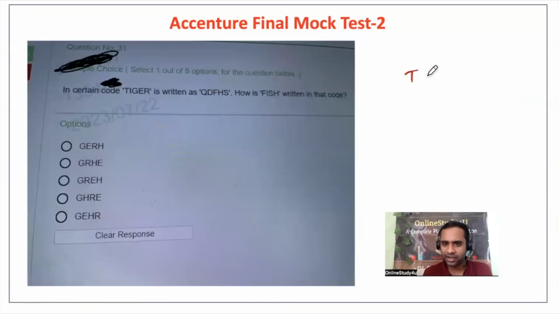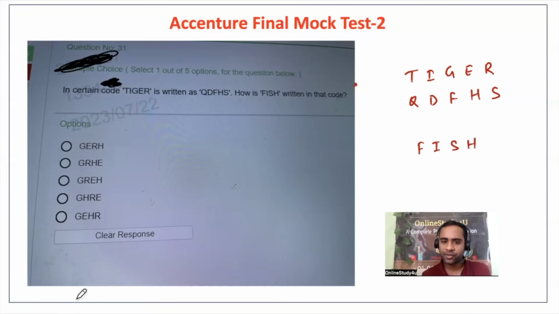Now, in a certain code, tiger is coded as Q D F H S. Then how will fish be coded? So friends, if you will see here, then